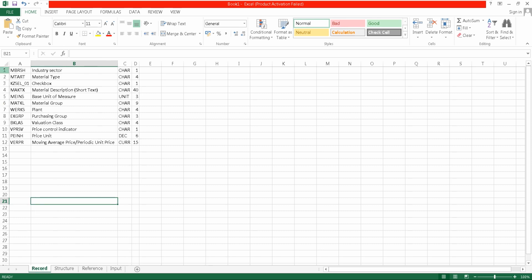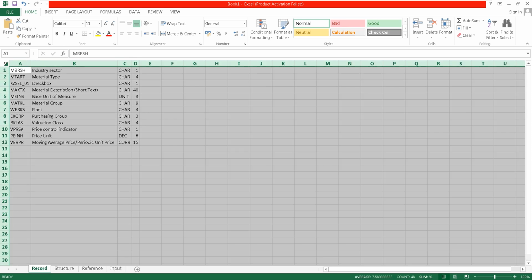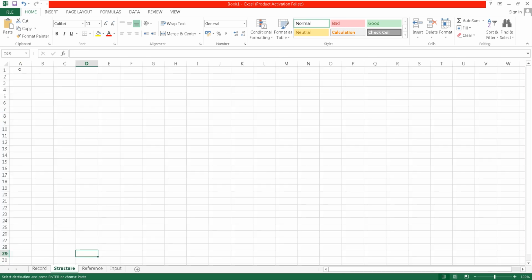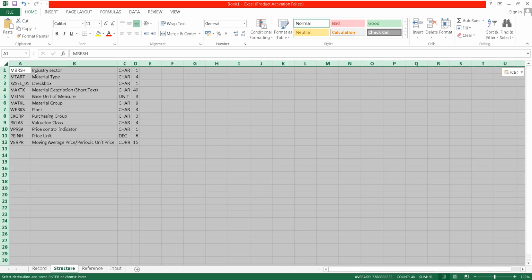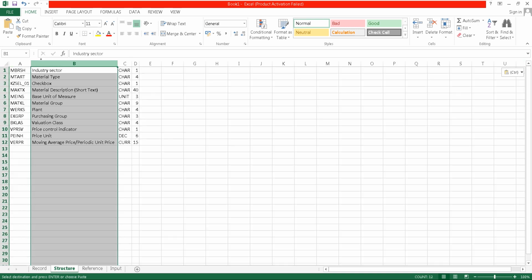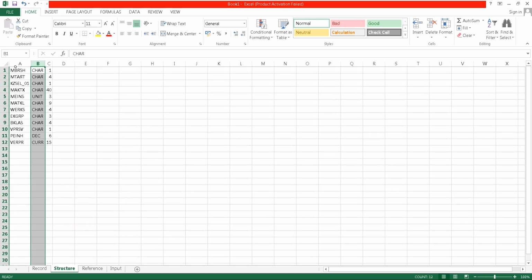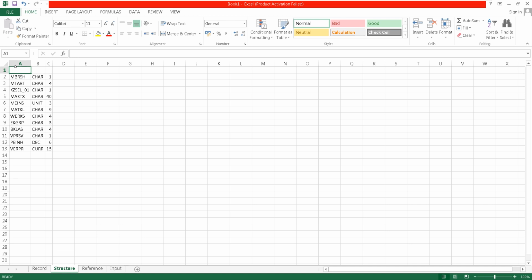First the record sheet. I will copy the data and put it in the structure sheet. The descriptions are not required. Here put the header for this: this is field name.